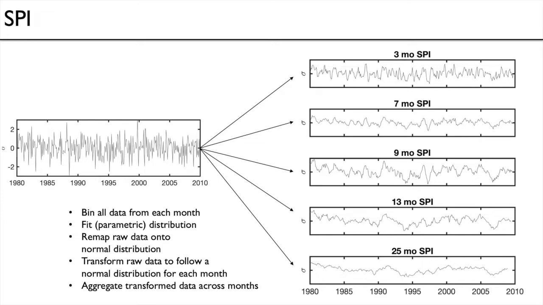There's an extension of the SPEI that I'll get into in a few slides. That's the SPEI, which also factors in evapotranspiration. All right, so that's the basics of SPEI. You can get into the mechanics of it looking at the literature. But the goal is really to take precipitation, which doesn't have a normal distribution and varies in just how much tends to fall each month throughout the annual cycle, and to remap that into something that can be treated like a normal distribution and used to make a well-behaved statistical index.